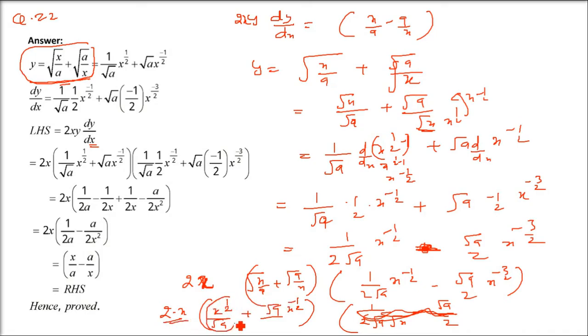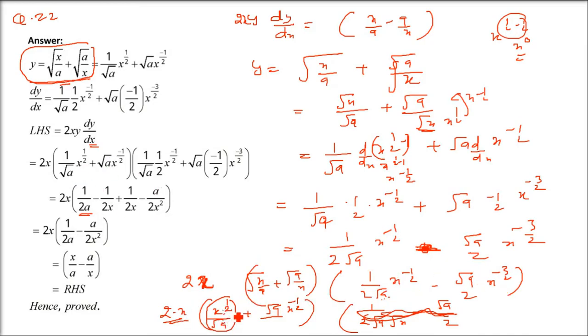So this term which you see here, you have to multiply first this by this. So x raised half into x raised minus half and root a by 2 root a. Okay, so we have x raised 0. See, root a will give you a. So 1 by 2a, x raised half minus half is x to the power 0, that is 1. This is how 1 by 2a has come.